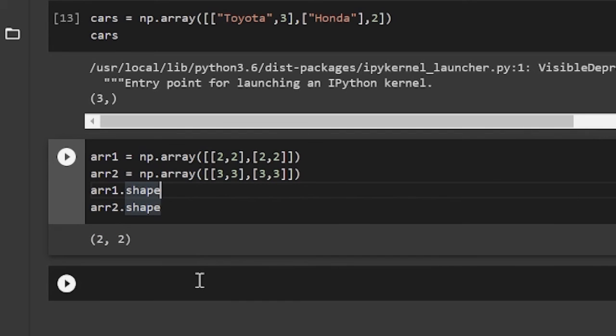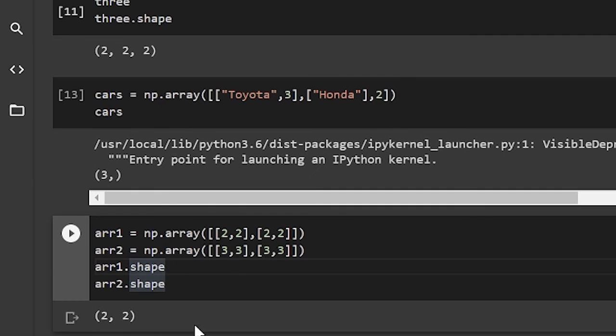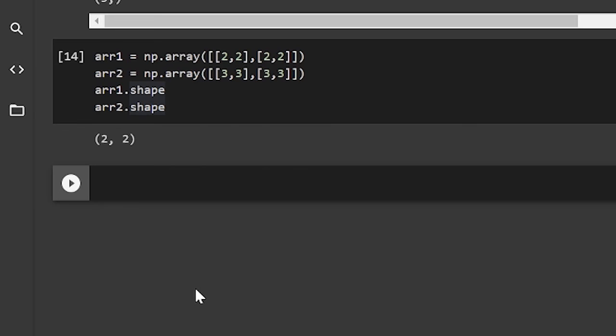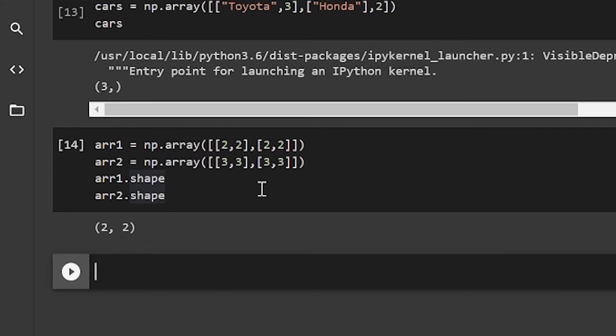This means we can join both of these arrays together. You can only combine arrays together when they have the same dimensions. You can't combine a 3 by 3 array and a 2 by 2 array. In order to combine arrays, we use the concatenate method. Now I'm going to create a third array, which is both of these arrays joined together. So array3 equals